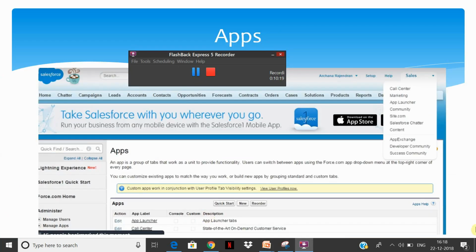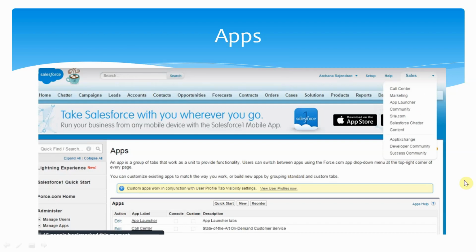Okay, this is again a walkthrough now through the slides. So we are going to see this is an app. As you can see, if you click on the right side, you'll see the apps that are available for you, and within that you have tabs, and then you'll have to navigate to the objects. Please complete this practice and we will continue with the application development part and admin part.